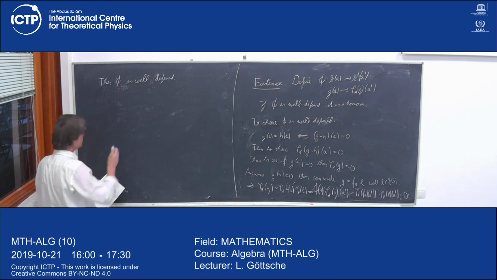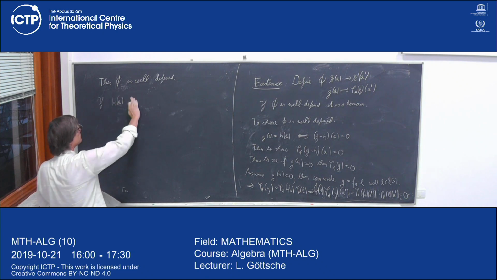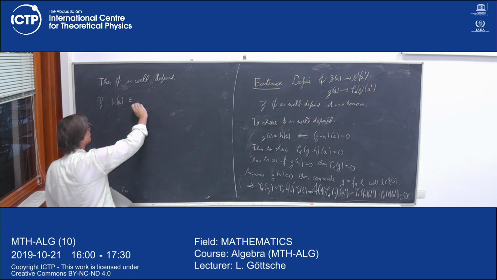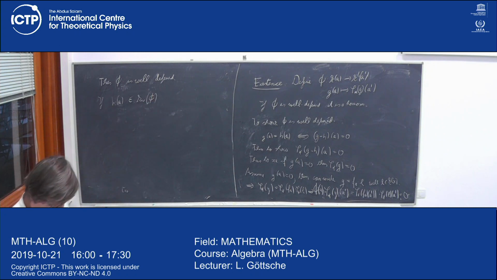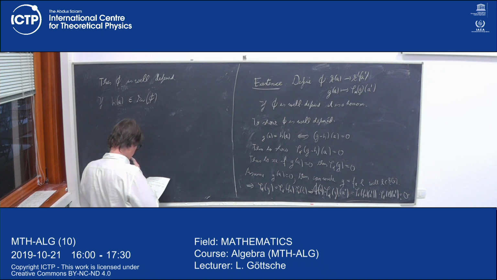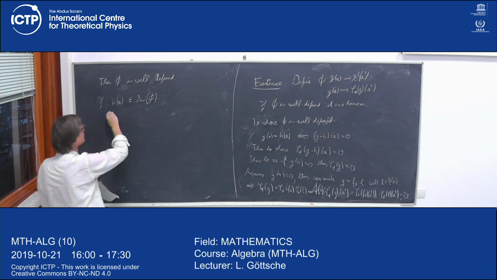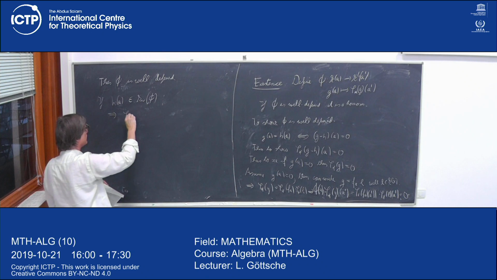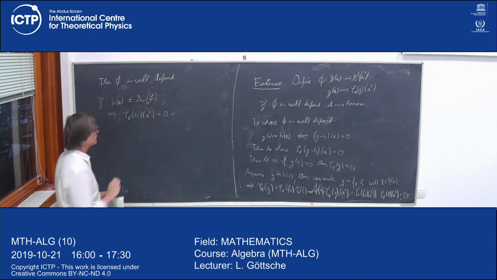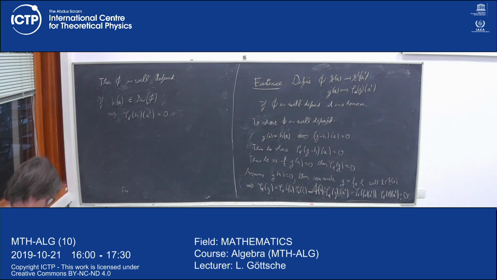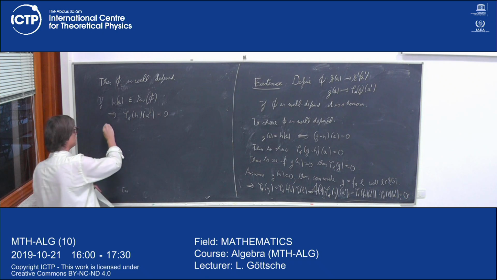So, on the other hand, if there's an element h of a which is in the kernel of phi, and I think I could have made everything only if, but now I do it like this, then it follows that phi star of h of a prime is equal to 0 by definition of this phi. So by definition,